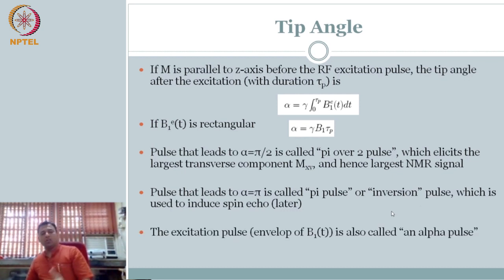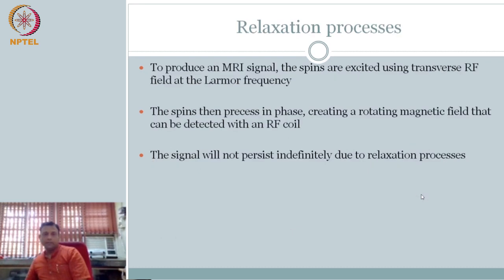So essentially, you also call this excitation pulse an alpha pulse, because you are trying to manipulate this alpha. You can understand from this that the terminologies and variables used are very consistent and standardized. You cannot just say, oh, I am used to saying the angle is theta or phi. Here it is very standardized. So alpha pulse means alpha is the angle of the magnetization vector with respect to your z axis, the primary static field axis. So pi by 2 gives the maximum signal in the transverse plane.